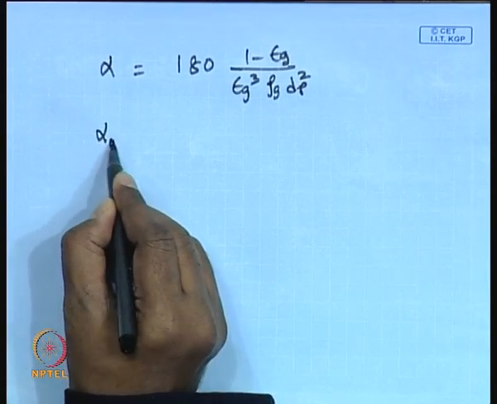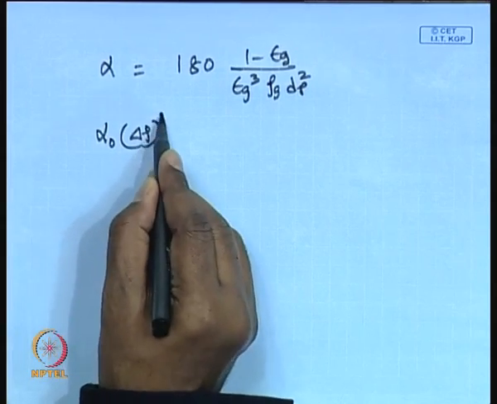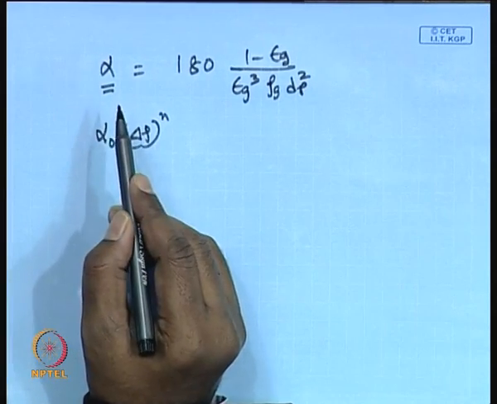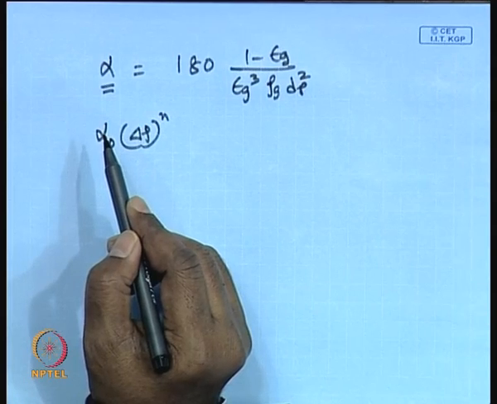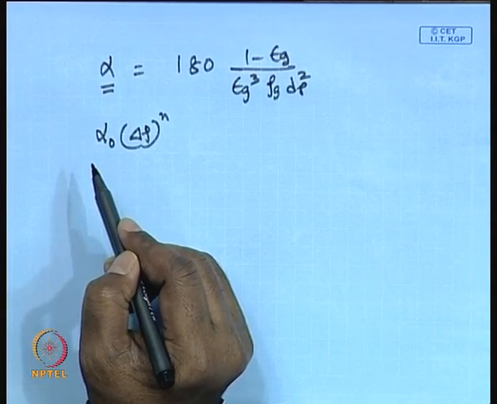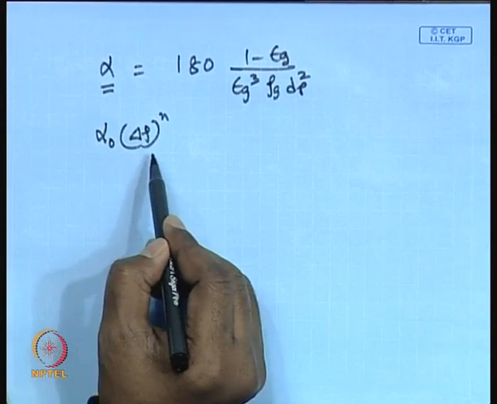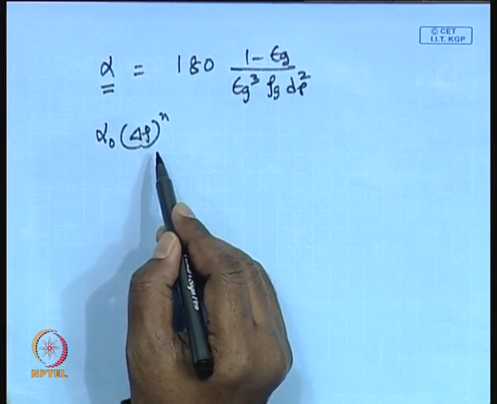So, alpha can be written as alpha naught by delta p to the power n. We know how to determine the value of specific gel layer resistance by conducting batch cell experiments under different pressures. Once you do that, you can fit a curve something like this: alpha naught delta p to the power n